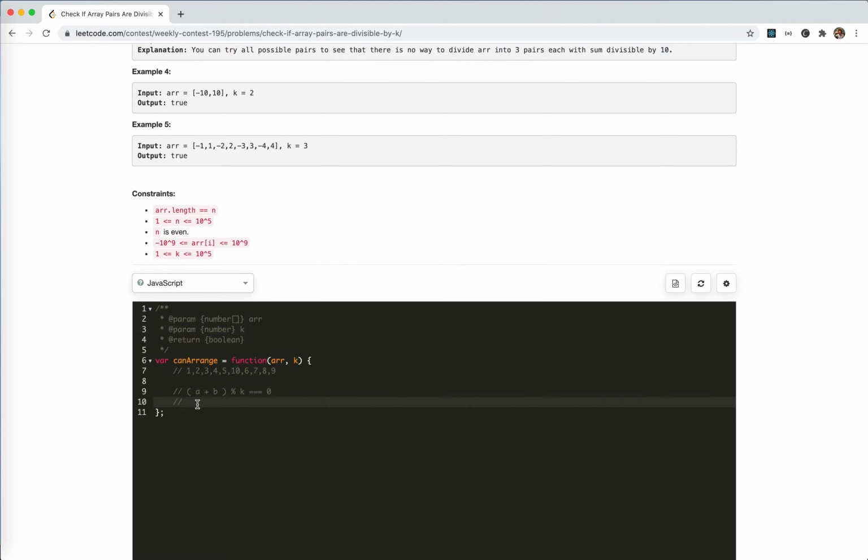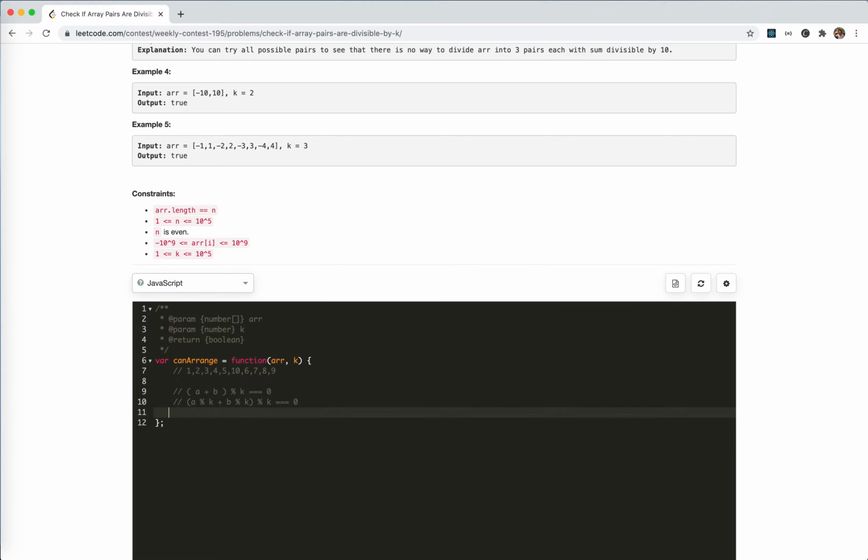And that means the sum of the mods of themselves should be a multiple of k: a mod k plus b mod k, and then mod by k,